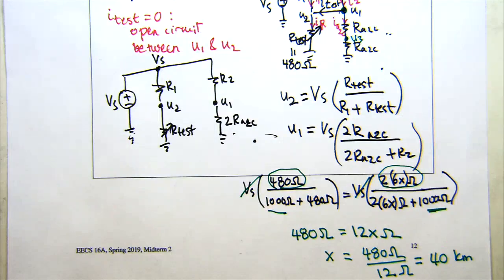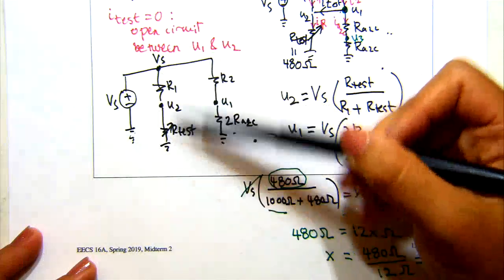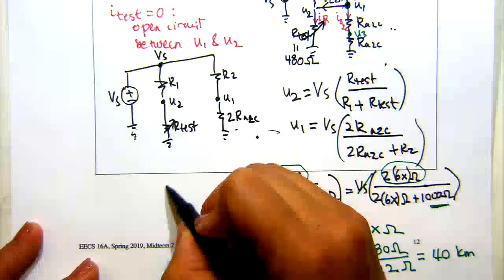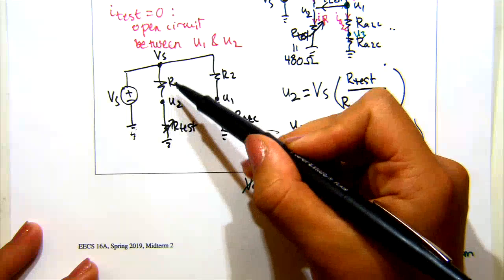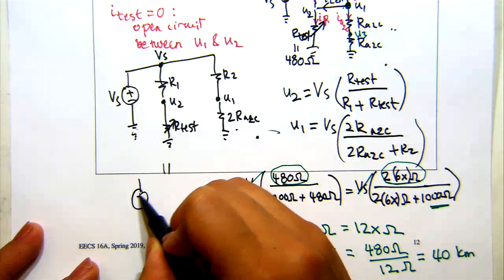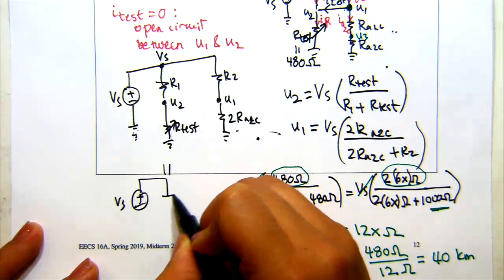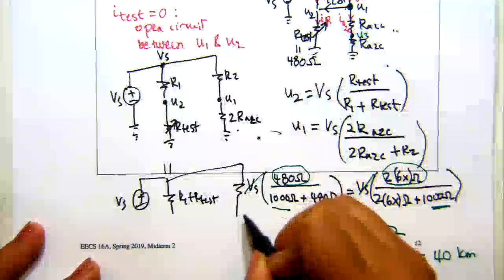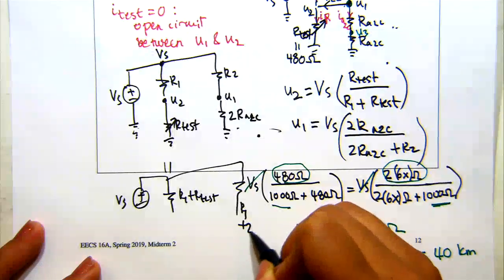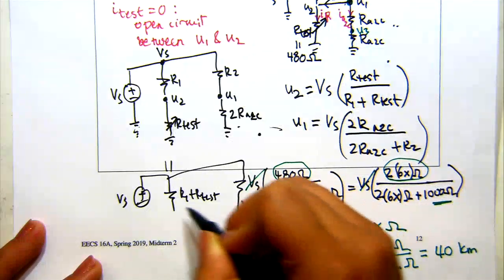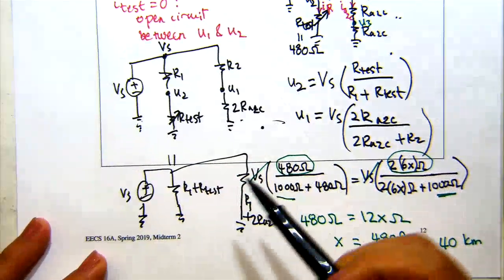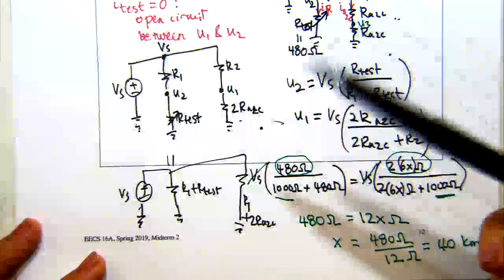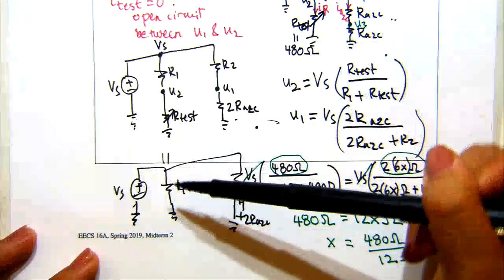So for example, here you'll notice that these two resistors are in series, right? So if I took the equivalent resistance, basically what you get is R test plus R1, right? So this is going to give us something like R1 plus 2RA to C. And so now we don't know what U2 and U1 are anymore. So one thing you could do is you can use that to calculate what the current